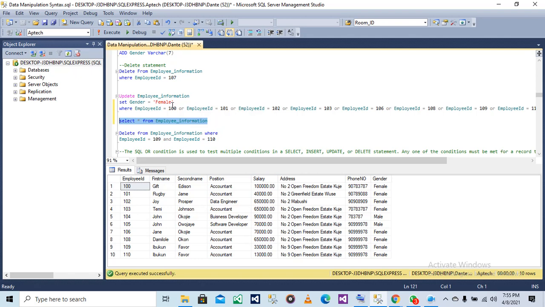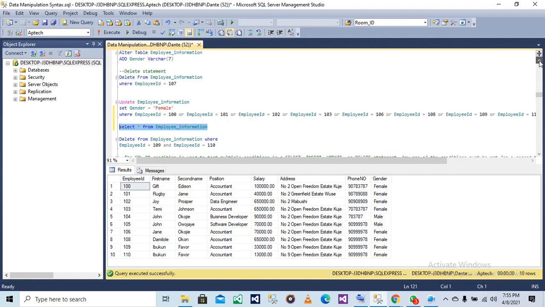Yeah, my table has been updated. So you can try it on your own. Yours has not been updated. I think you guys still have your gender as male, that is if you have been following the script. I sent this script to the group after the last class for you to run all the stuff you did in class. So just try it on your own table and see the difference.